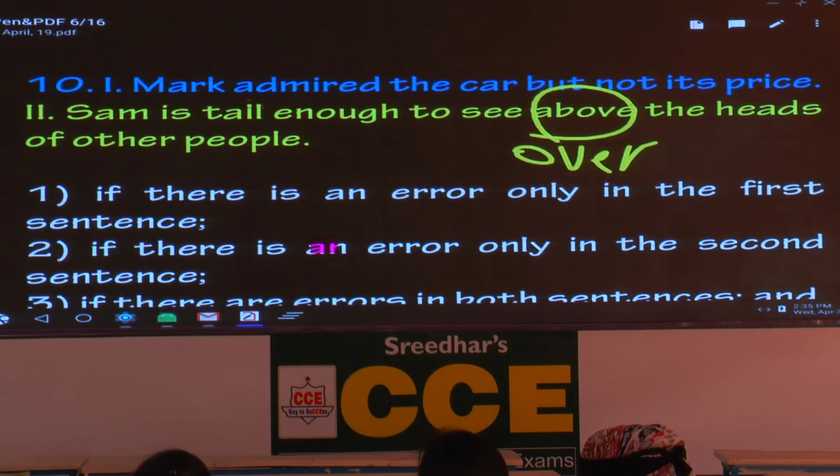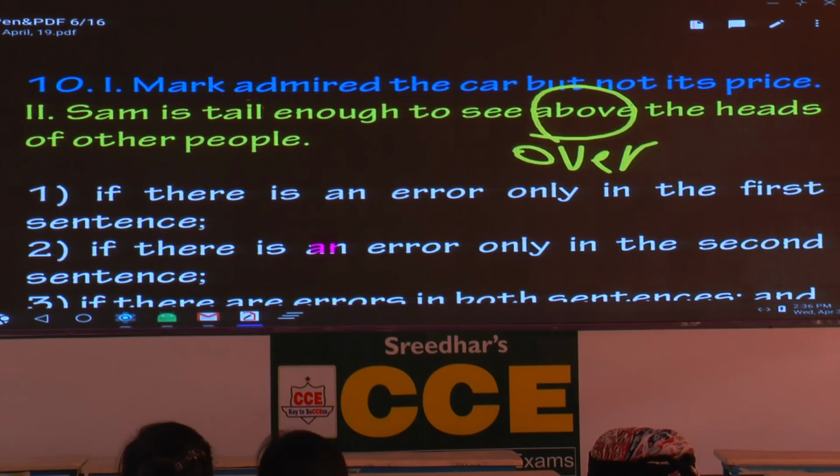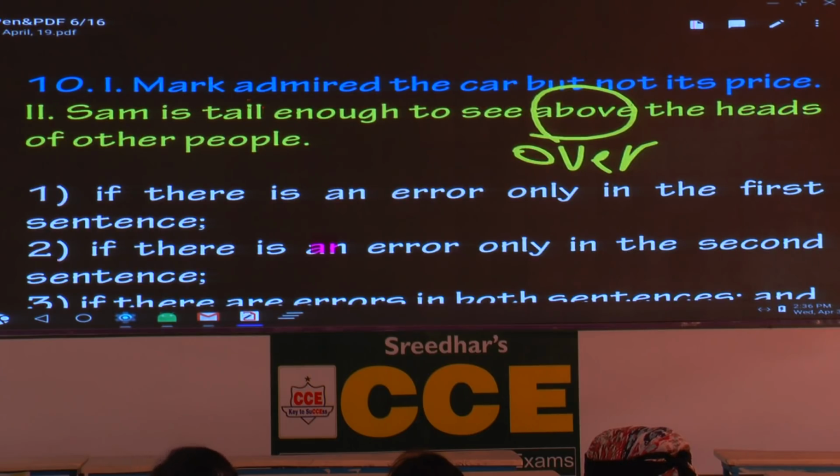What is the rule? When it comes to possession, we use possessive pronouns or the possessive case. Possessive case with what? With living beings, but that goes with nouns. But here what is it? Pronoun. When you write the car's price, you got confused between the noun and the pronoun. Still I appreciate you. What is the reason? If you remember, when I taught nouns, I gave this rule. The last one, possessive case.